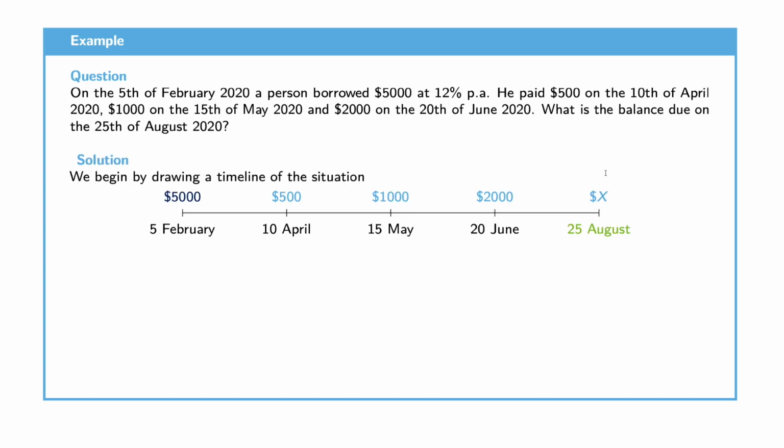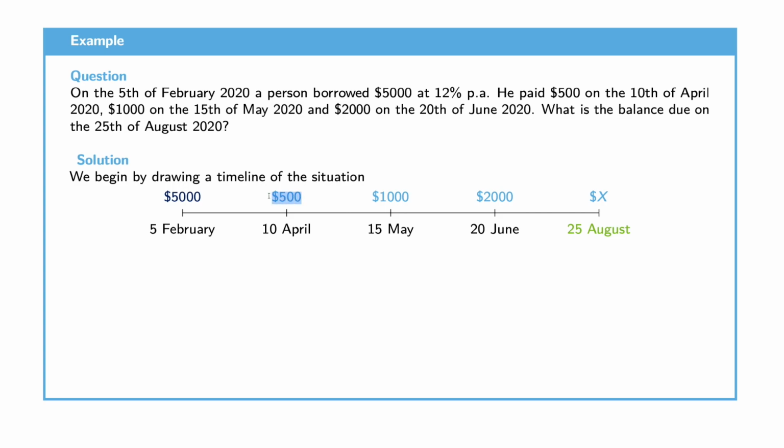2020? So, we're going to look at this from the perspective again of a timeline here. And we're simply going to put in all the information we have. We know 5th of February, $5,000. It's borrowed. I've put it in a dark blue color to denote that this is the one set of payments. The other set of payments is in fact equal to the remaining payments in the question, because in 10th of